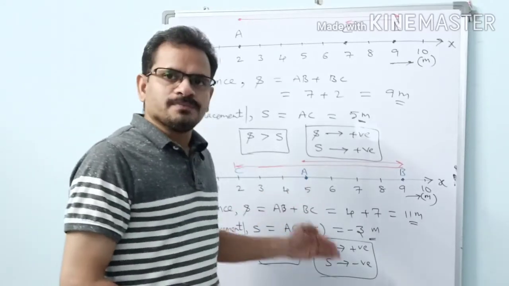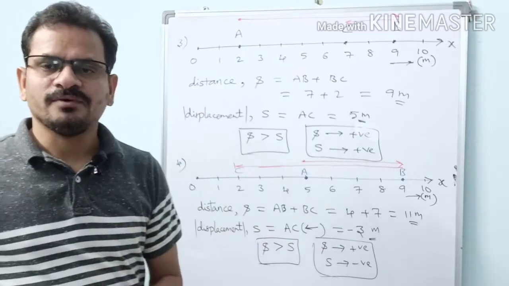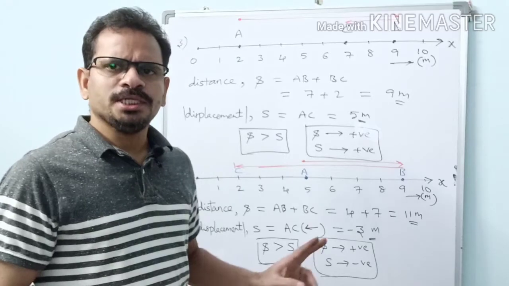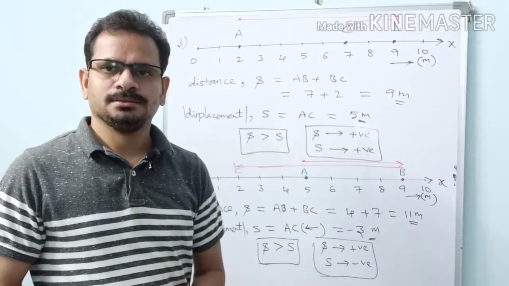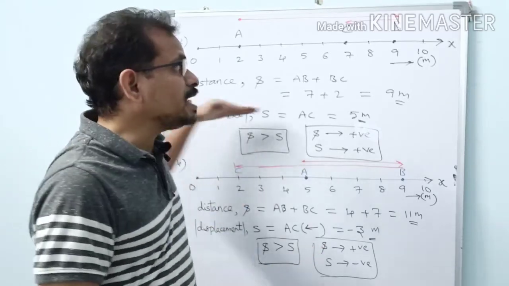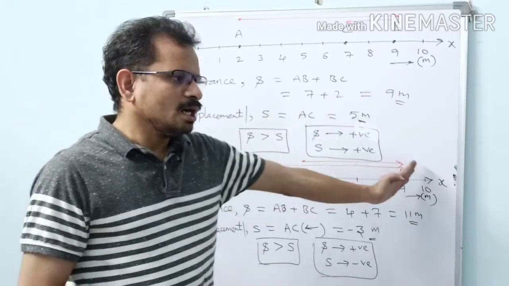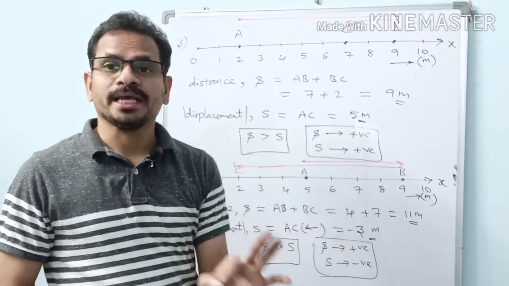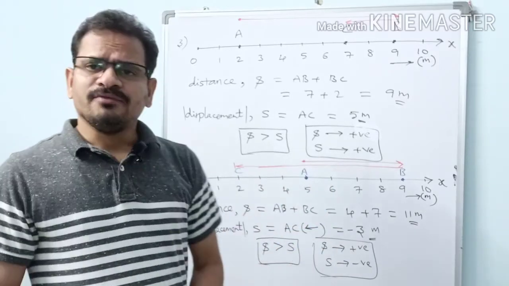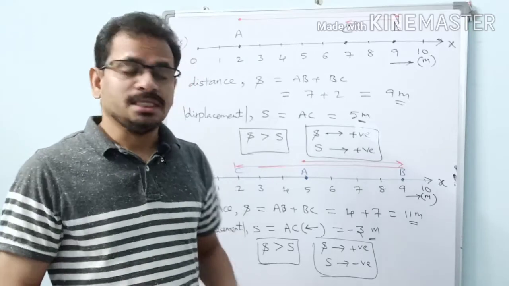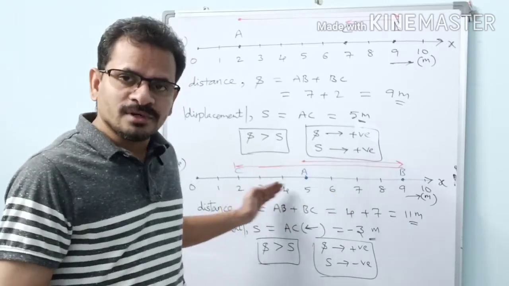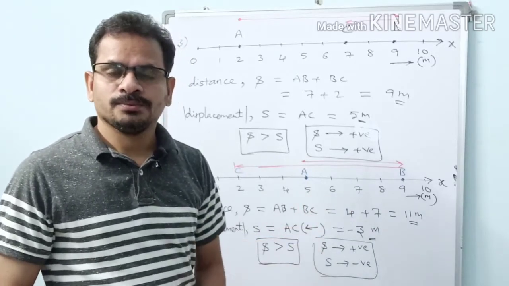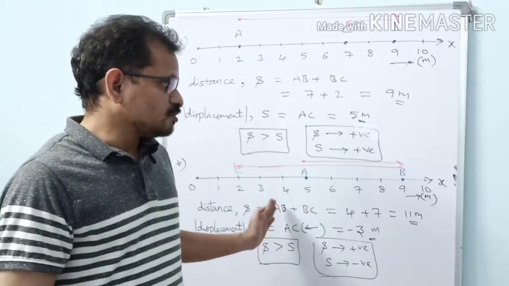When it comes to displacement, displacement is a vector quantity. It takes into consideration the direction also. Here we have only 2 directions, since this is motion in a straight line: the particle either moves forward or backward along the same straight line. Hence we call this motion along a straight line. In such a case we consider only 2 directions, rightwards and leftwards. If rightwards is taken to be positive, leftwards automatically becomes negative.